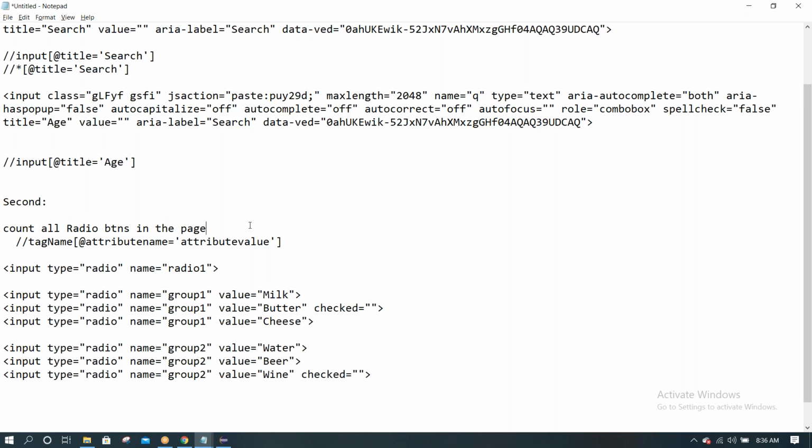Now to satisfy the scenario, we have to use find elements. Input is the tag name. Okay, good. But attribute-wise, type is common here. Type is a common attribute. To work with one element, we write driver.findElement by.xpath.